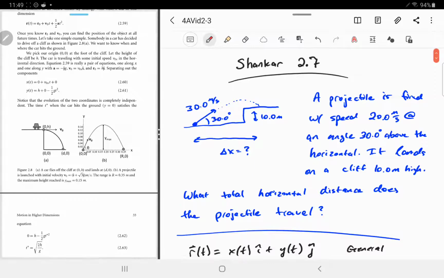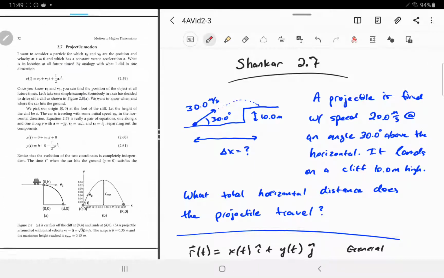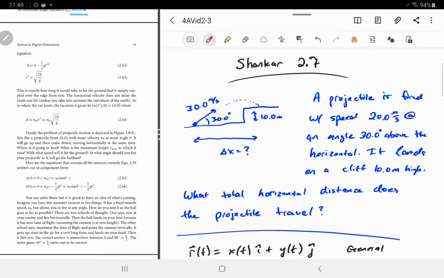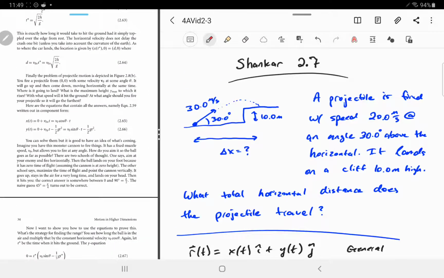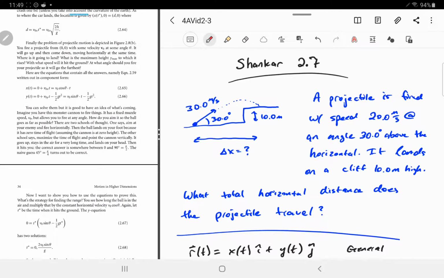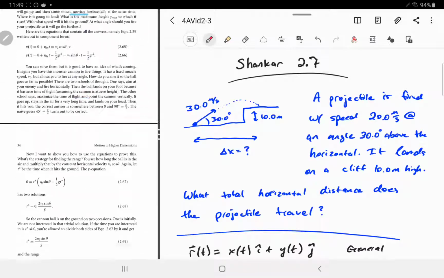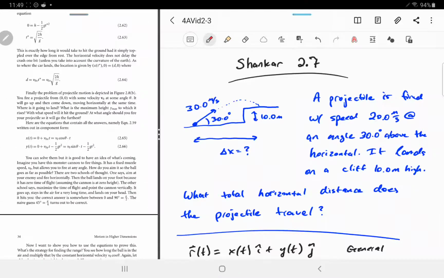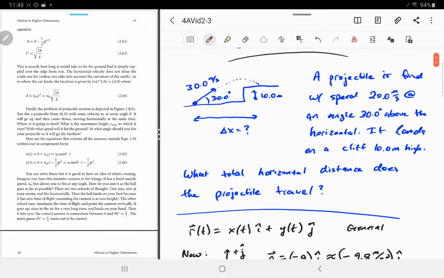So your book does a pretty standard projectile motion problem. I'll talk about what they prove in just a second. I want to do our example first here. Okay, so